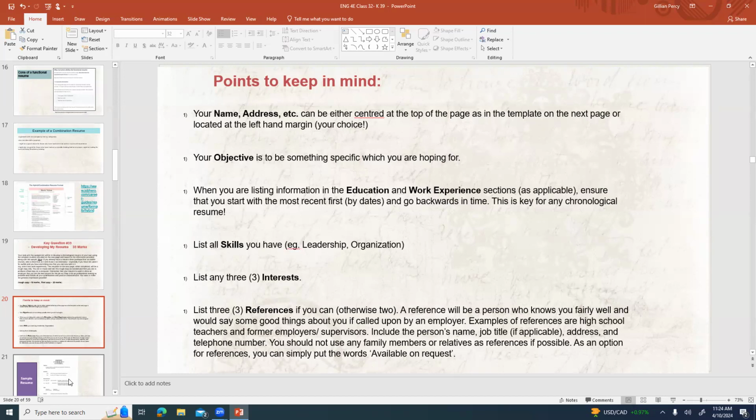So if you've had a lot of work experience, you may need to do an arbitrary cutoff of, hey, here's the last 15 years, here's the last 20 years. Because people are staying in the workforce a lot longer these days, you may not want to hand in a 5-page resume of every single job you've ever had if you've been working for a long time. You want to list all the skills you have, leadership, organization, list up to 3 interests,